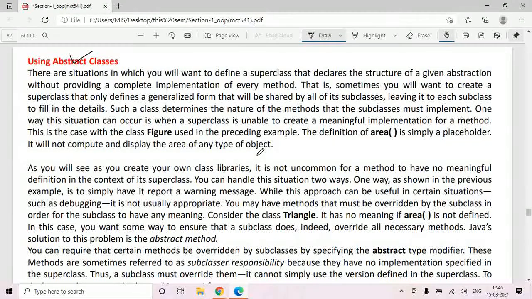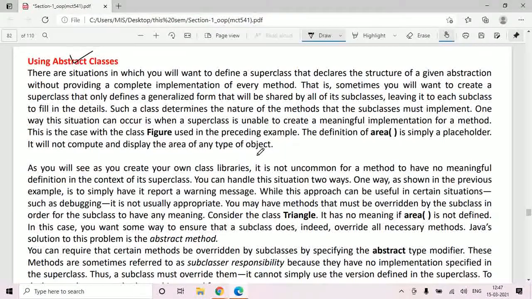So the first question that should come to your mind, sir, is: if we cannot create an object of a class, then what is the use of such a class? Till date, whatever class we have created, we created an object of this class, and using that object we have called methods and accessed the member variables. But now you are saying that an abstract class is a class for which objects cannot be created. So if objects cannot be created, won't that class be useless? How to use that class then, and why create it?